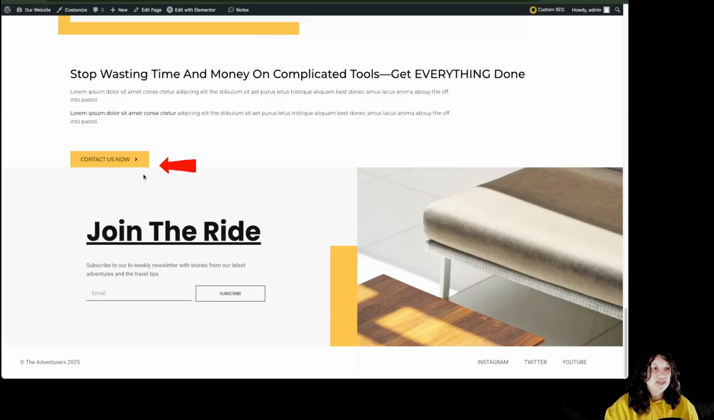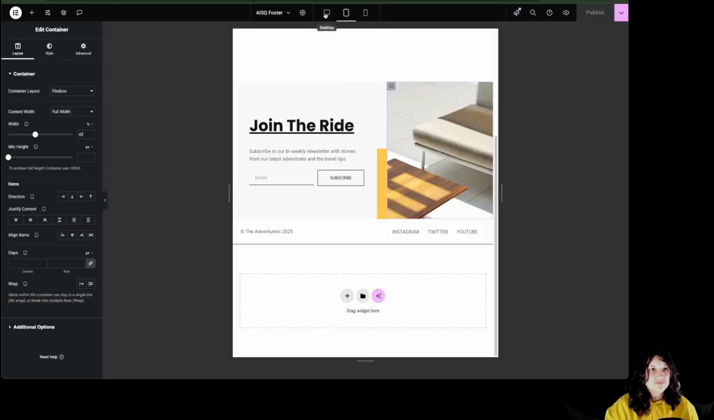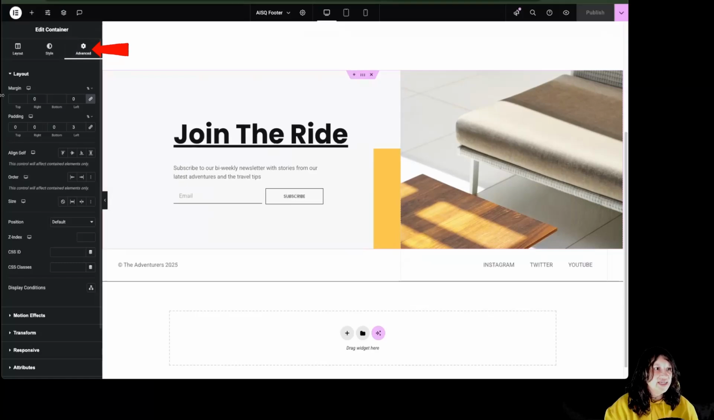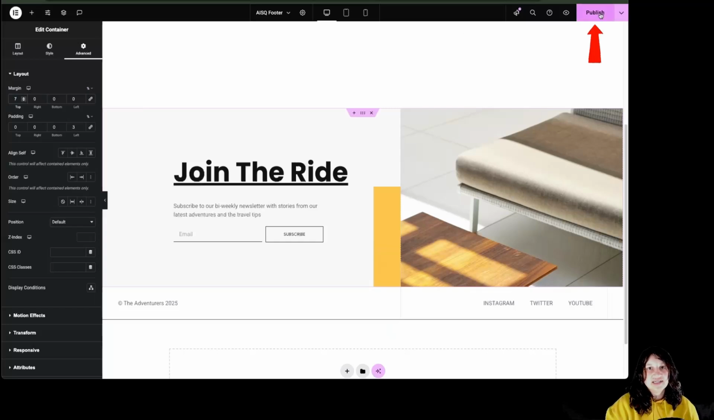We can see that we have an issue over here, that this button is very close to our footer. By going back to our footer, to the desktop view, clicking on the main container, going to Advanced, over here to Margin, I'm going to click on this link to unlink the values, and to the margin, it's set a percentage, I'm going to click on 7. Then by clicking on Publish,